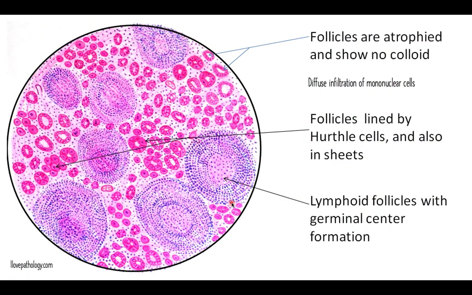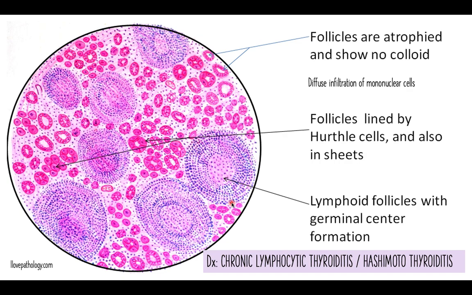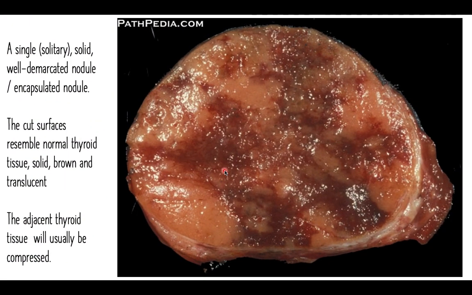So, as a conclusion, to diagnose Hashimoto thyroiditis or chronic lymphocytic thyroiditis, you should have all these features: the atrophic follicles without colloid, diffuse infiltration of mononuclear cells, follicles that are lined by Hurthle cells, or sometimes the Hurthle cells may be in sheets, and lymphoid follicles with germinal centers. Right? Okay, next,